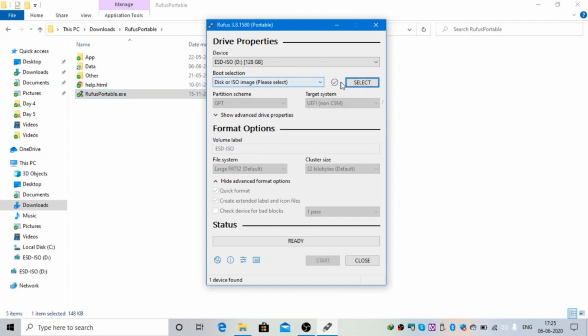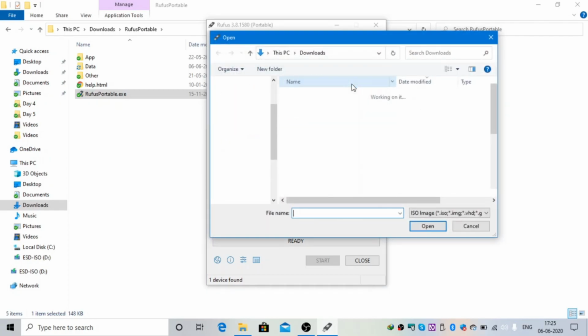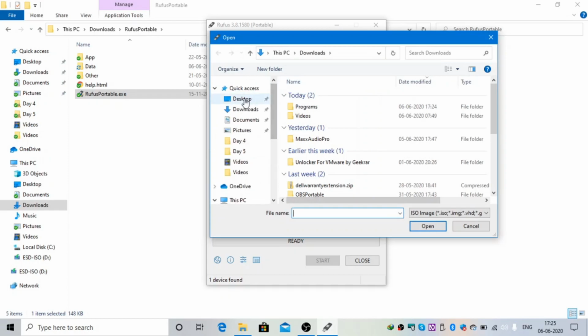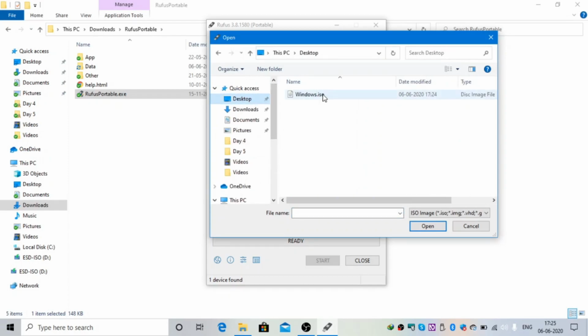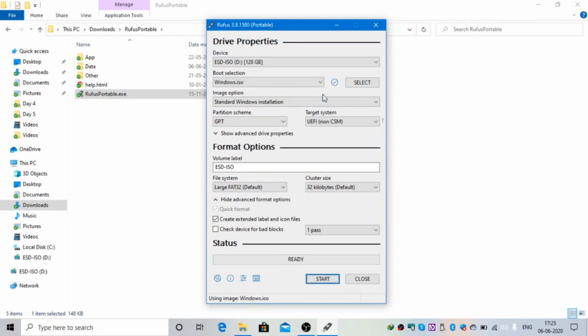Then you'll have to select the ISO. It will be disk or ISO. You can click on select, and then go to desktop and choose the Windows 10 ISO, and then you can keep this as default, and then click on start.